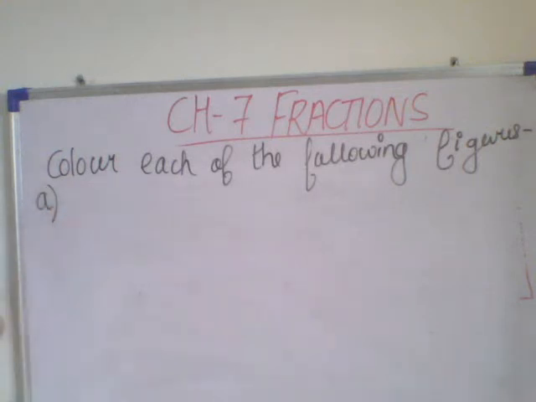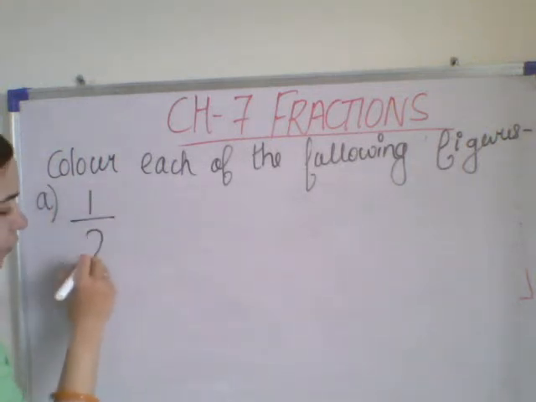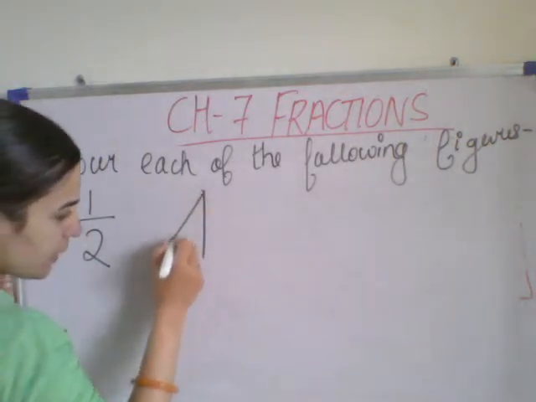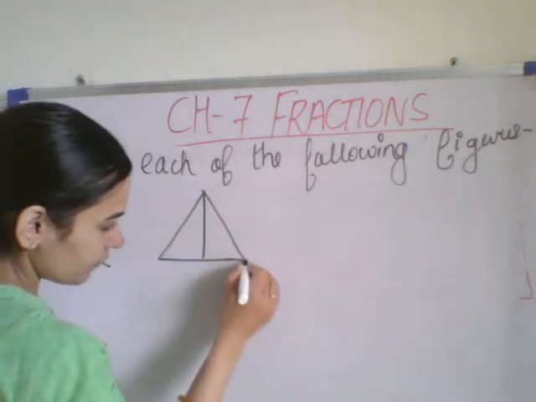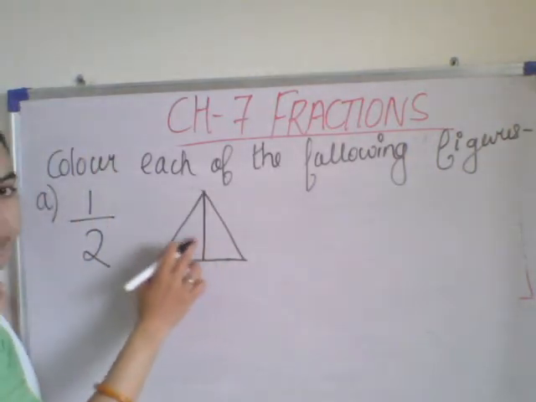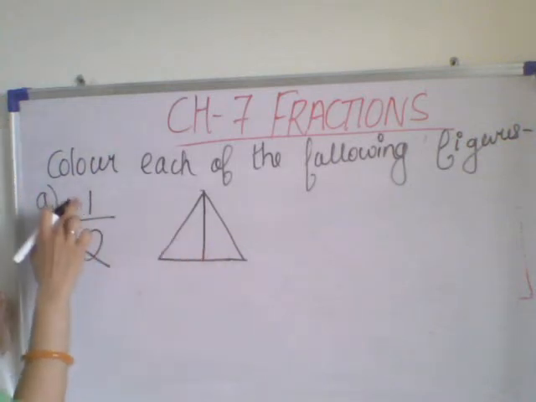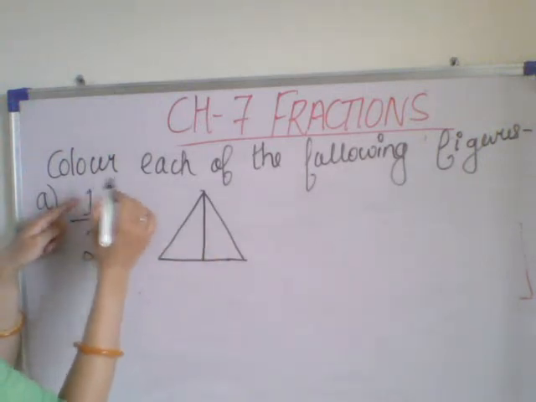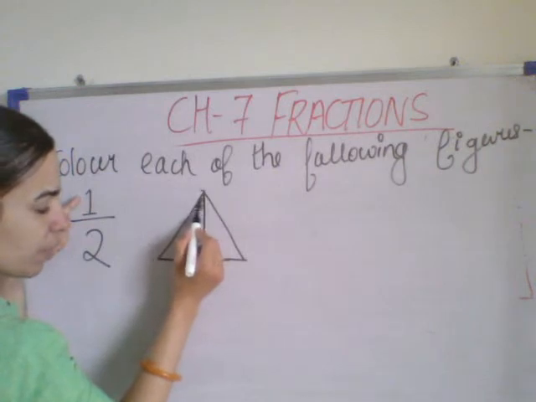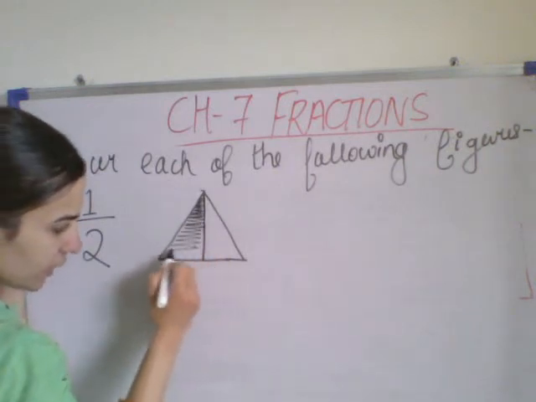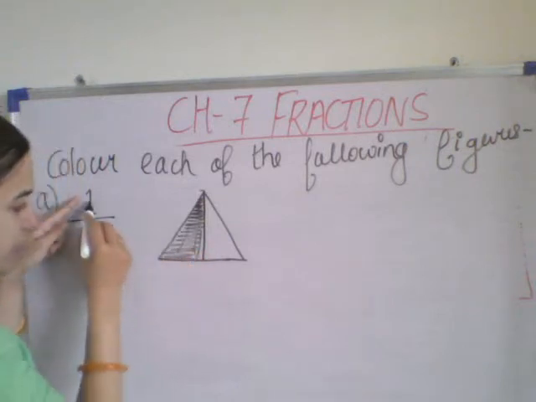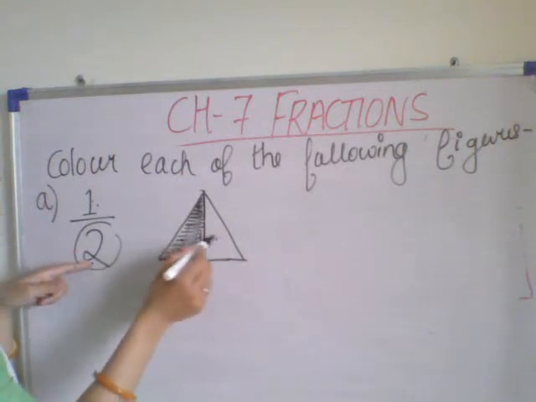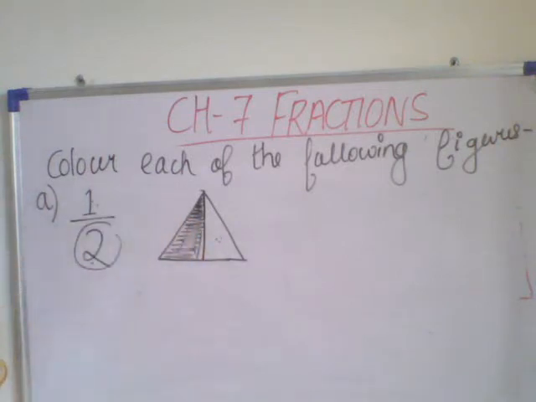So the A, what is given? We have to show half fraction. And here I am drawing the figure, this one. So here you can see 2 equal parts are there. What I have to show? I have to show 1 by 2. Here upside 1 is written. So what does it mean? I have to shade only one part of it. I will be shading only the first part of it. 1 upon 2 means total 2 parts are there. Out of these 2 parts, only the first part has been shaded.